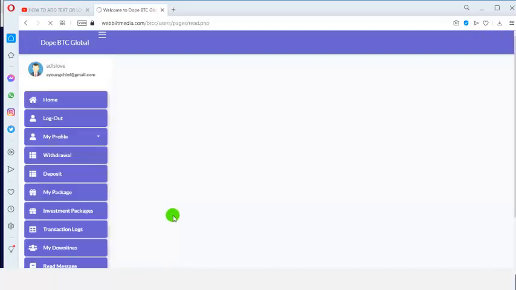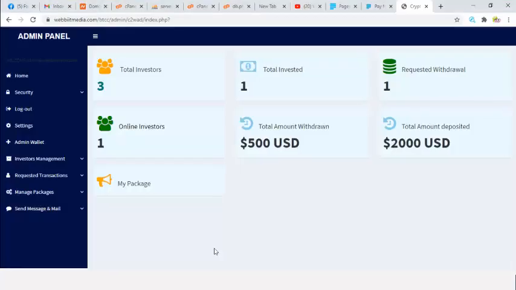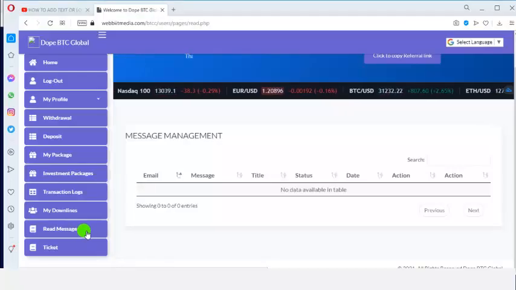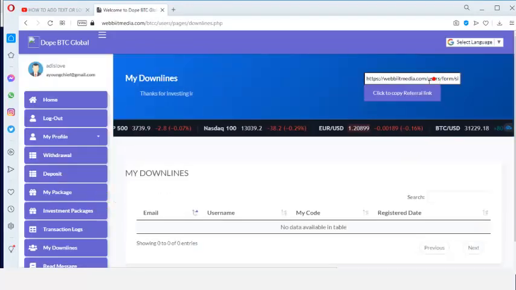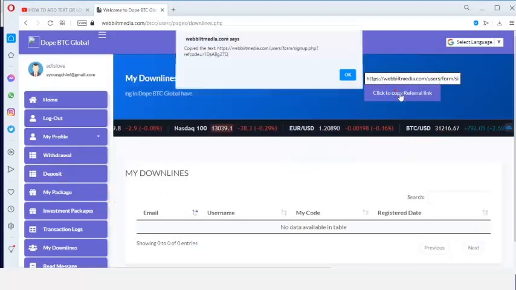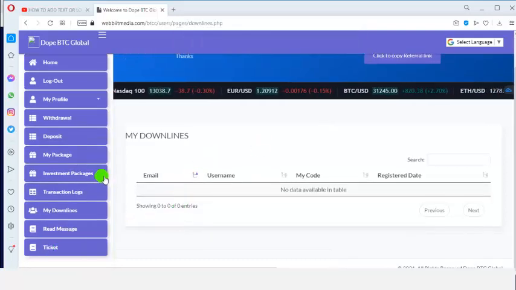So I can read messages from admin, right? Admin can actually send me messages from this panel, and investors can see messages. I can see my downlines, people who use my referral link, and of course you're going to see my referral link right here. I'm just going to copy my referral link and send it to people, and people are just going to